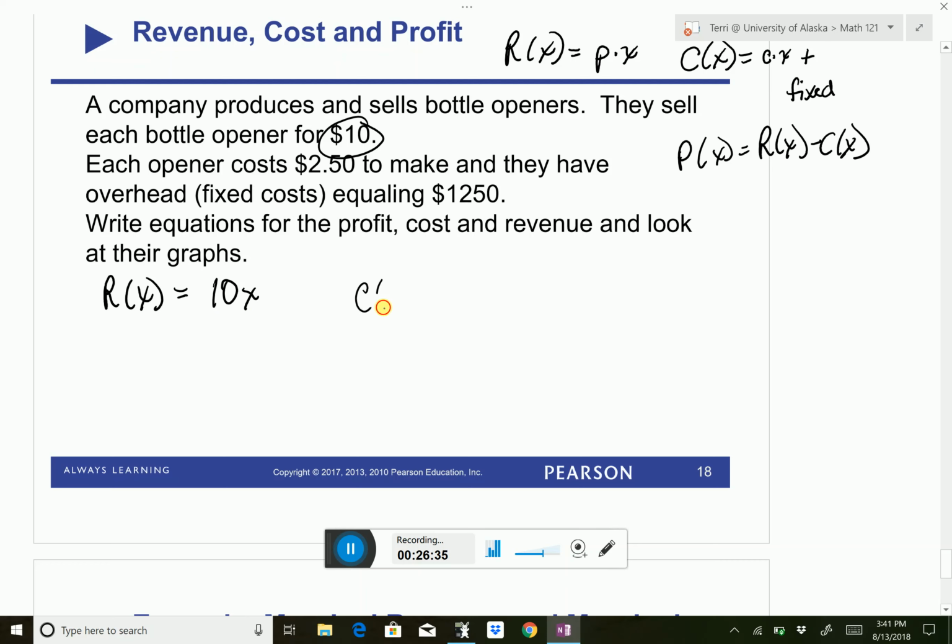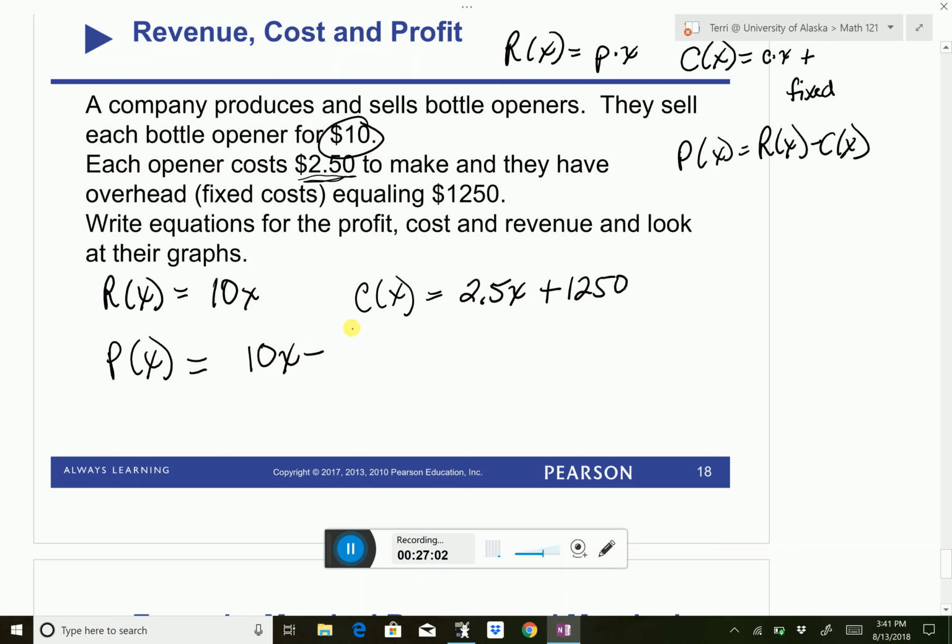Then the cost to make each opener is $2.50, but they have an overhead fixed cost equaling $1,250. So that means that the cost is 2.5X plus $1,250. And so now the profit function is going to be your revenue